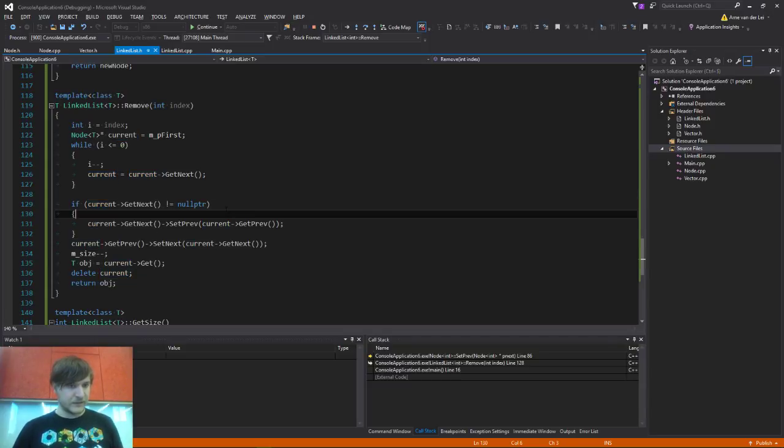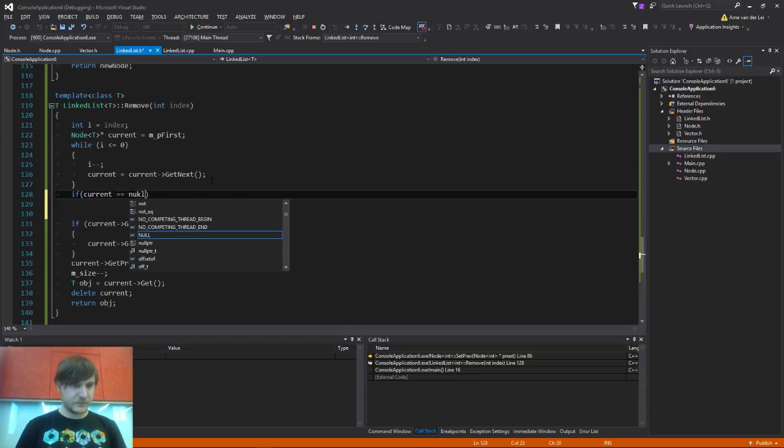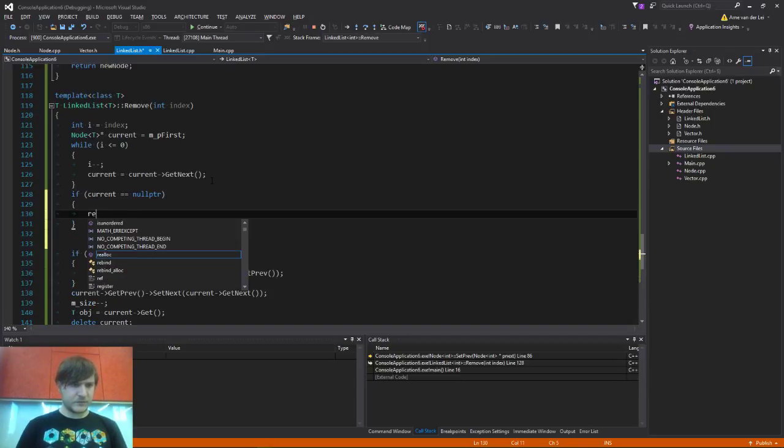But when there is none in there, the first one will be null. And then I need to just have a check here. If current is equal to null, enter. Okay. And I want you to return